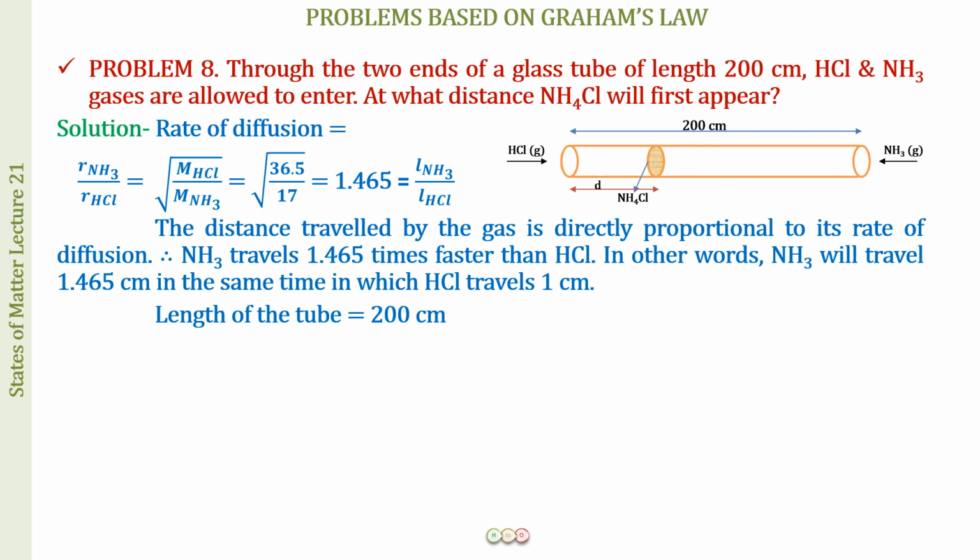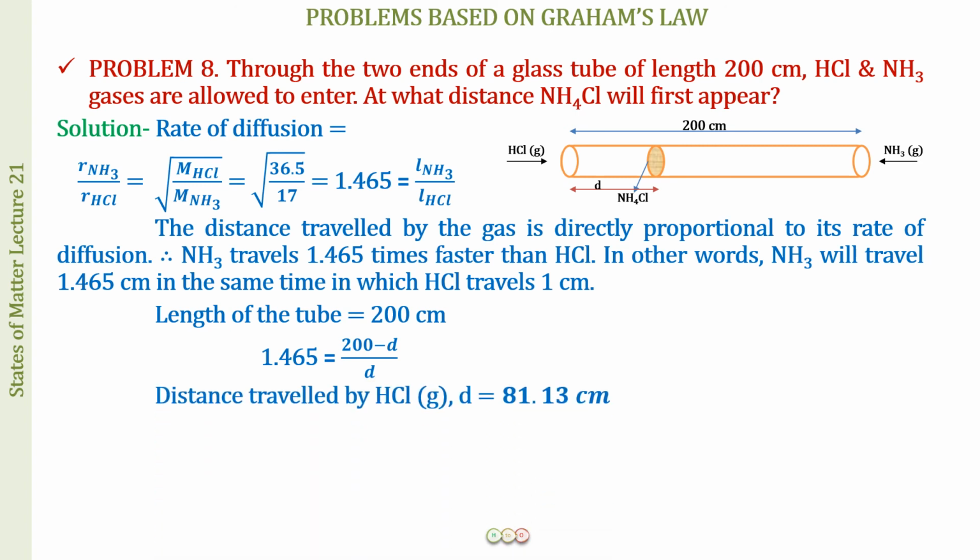So now as the length of the tube is 200 centimeter, we can write that if the distance that HCl gas is traveling is D, the distance ammonia gas will be traveling will be 200 minus D. So you will be putting the length of ammonia to be 200 minus D and the length of HCl gas, that is the distance traveling, to be D. So from this you will be finding out the value of D, which is going to be the distance traveled by